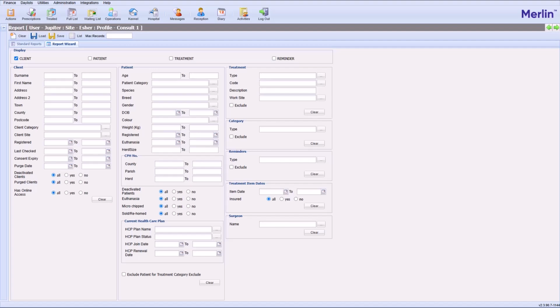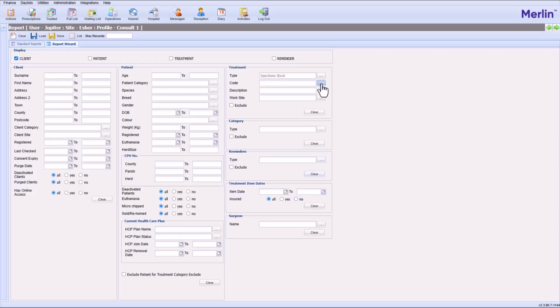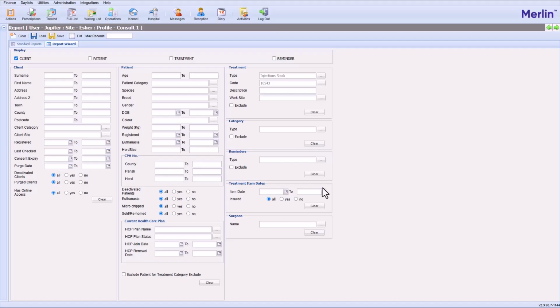What I want to focus on is the right hand side, where I'm going to select my treatment type. For Comfortan, I know that's in my injection stock. And then I want to search for my particular code, which is Comfortan. I'm going to select that and move that over and only look at Comfortan for the time being. I want to input my treatment item date, so I'm going to go back a couple of days to today. And then in terms of the